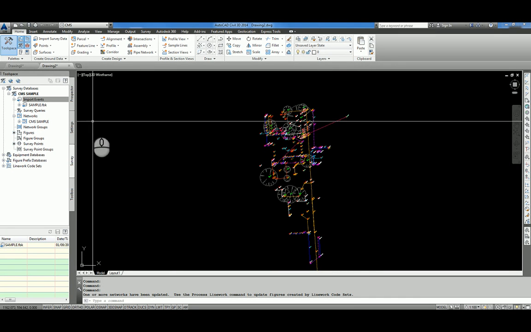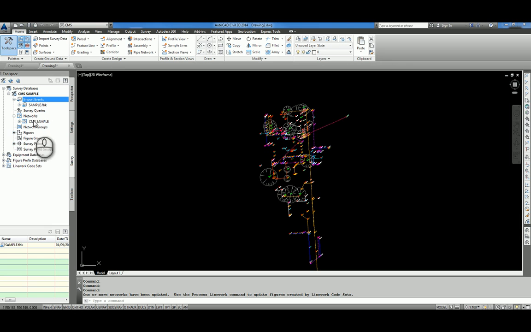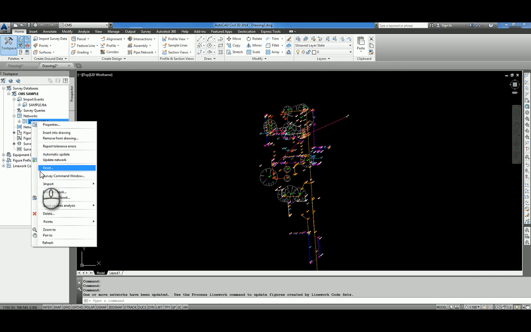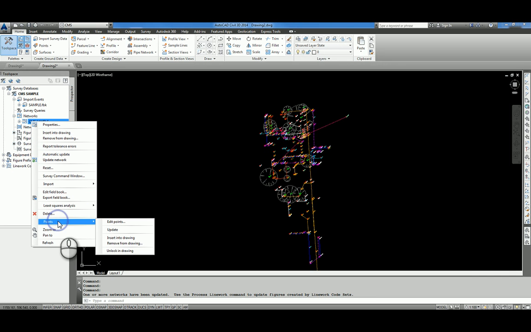Firstly, what you need to do is you need to come to your CMS sample in the networks, and you need to unlock the points. You cannot edit anything in this file unless this is done, and by all means do not explode any points. They will then become useless. So what we'll do is we unlock in drawing,